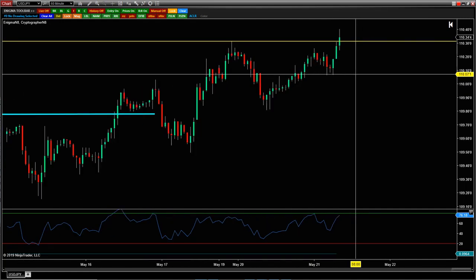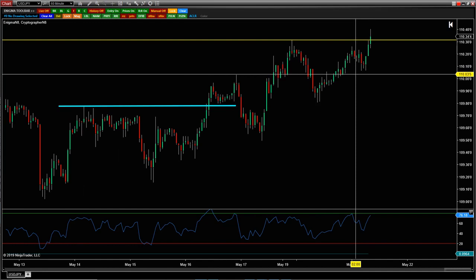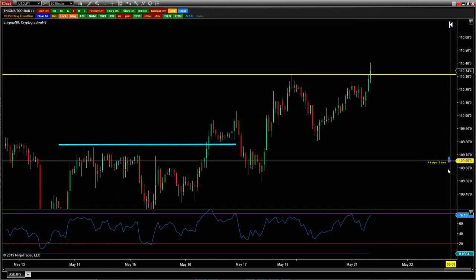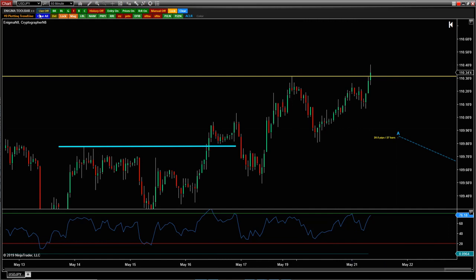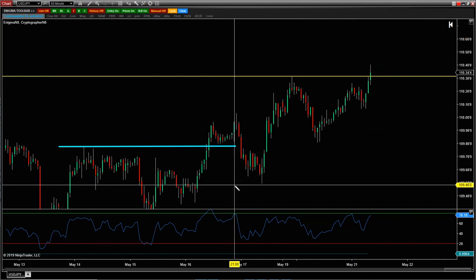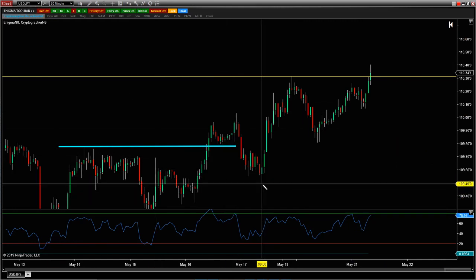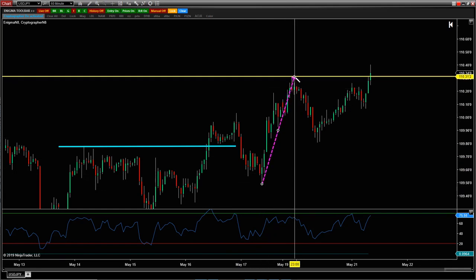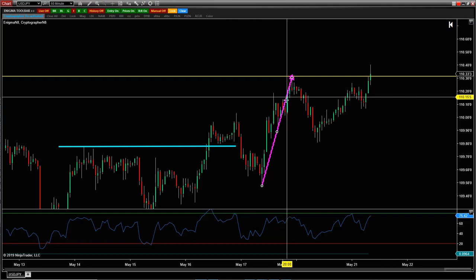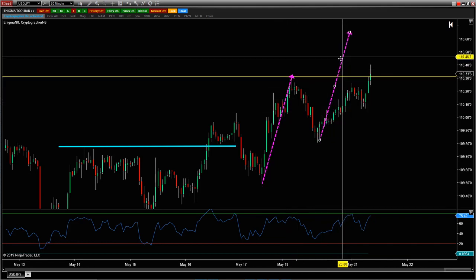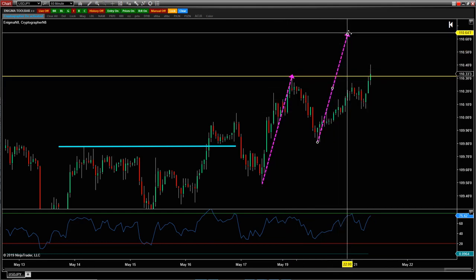So here's a look at the 60. If you're a butterfly trader, you can look for a potential butterfly pattern as well. If you want to measure out a different target level, here's what you can do too. You can take a one-to-one measured move like this, our previous impulse leg here, copy and paste that, and make a projection to the high side. It'll give you a slightly smaller target if you're just looking for different reasons. 110.64, that might be around that 50% level.